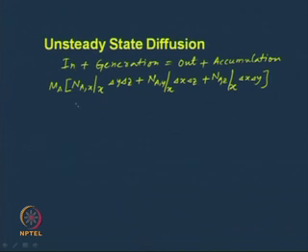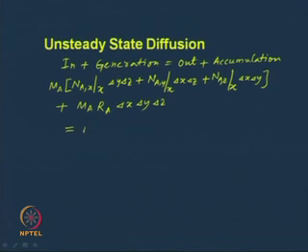This is the mass flow rate in, plus generation is M A R A delta x delta y delta z. So, this is generation, and then out